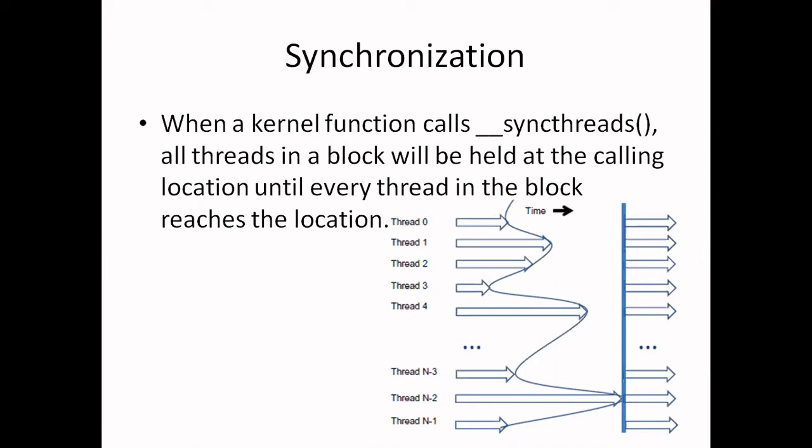kernel function. In the kernel function, a block of threads will be assigned to a multiprocessor, and there for each thread, this is something called synchronization. You will understand why this synchronization will be required also when you will see how a block is divided into warps. We will see today only.